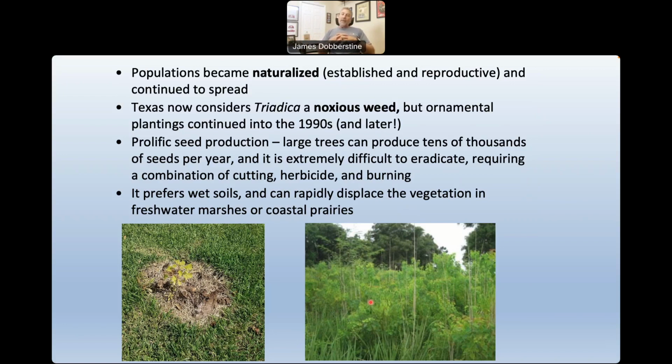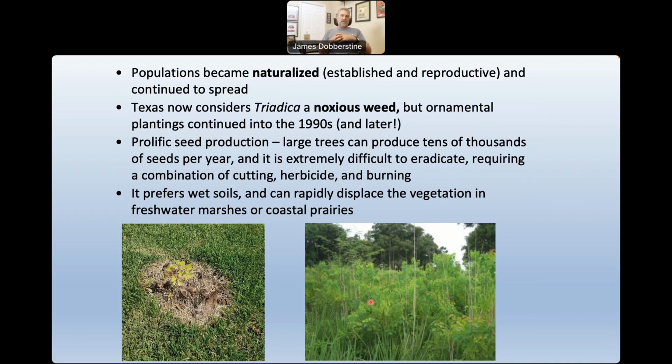So that means that they can also get a foothold in wetland environments. And when that happens, they can displace freshwater marsh species. And on coastal prairies, they can displace not only emergent wetland species in the potholes, but they can actually displace upland plants as well. Our prairies in southeast Texas and along the coastal plain were significantly modified by the introduction